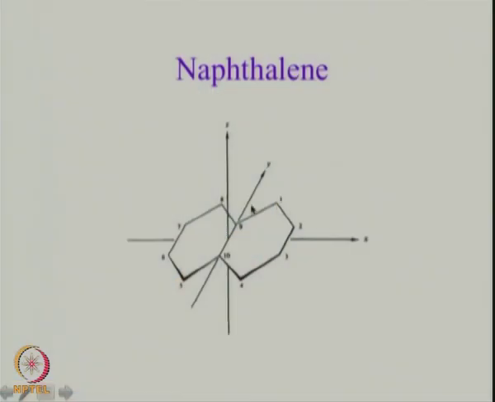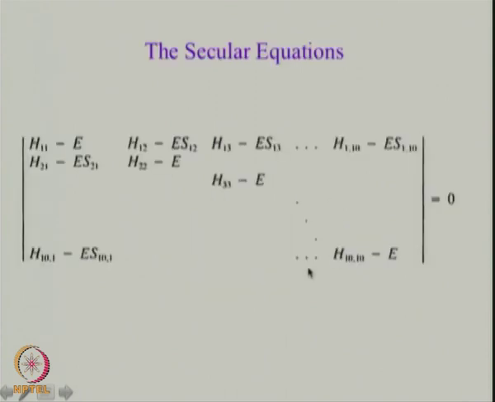So, this is the convention we are going to use. We are going to use z axis perpendicular to the molecular plane, x axis is taken as the long axis, because if you look at the molecule, of course, all axes are from +∞ to -∞, but it is called a long axis because the molecule has a greater length along the x axis and a smaller length along the y axis. So, x is called conventionally the long axis and y is called the short axis. Okay. And I think numbering everybody knows.